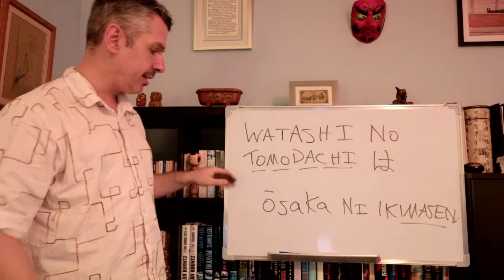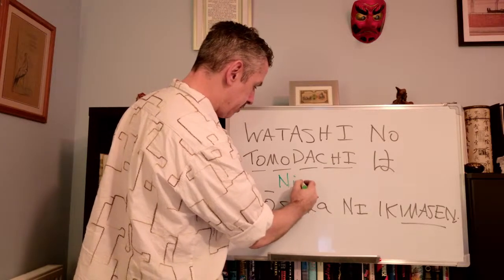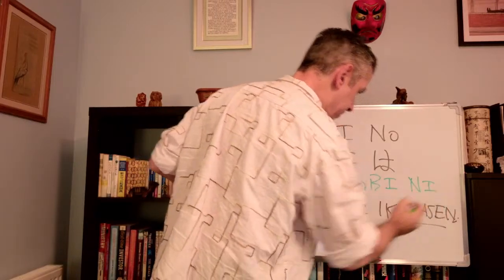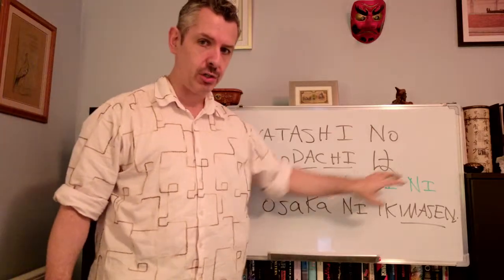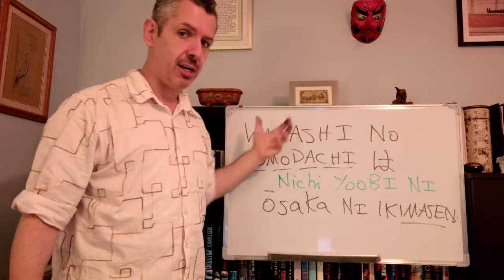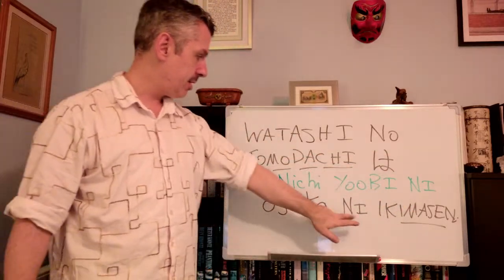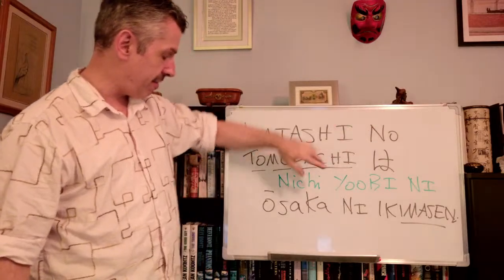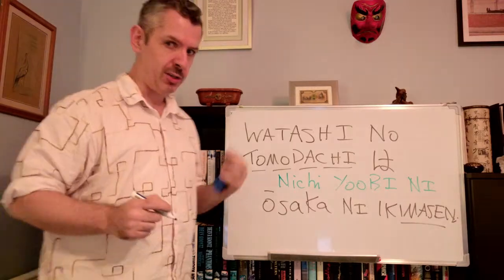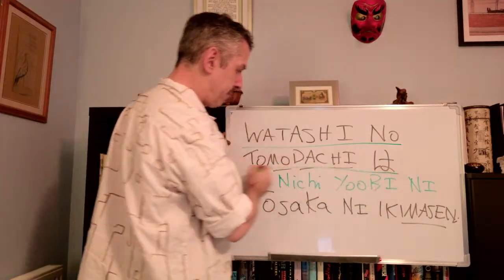Think about what we can put in the middle. Let's change it to green. Let's have a day of the week. Mark it with ni. Now, when the sentence is long and there's an understanding of what's going on that's very firm, and you did forget that, you still have enough to go on whereby people can understand pretty much what's going on. But try not to forget these particles. We've got 1, 2, 3, 4 in here. And each one I've separated, not just because the board is small. Watashi no, my, tomodachi wa, as for my friend,